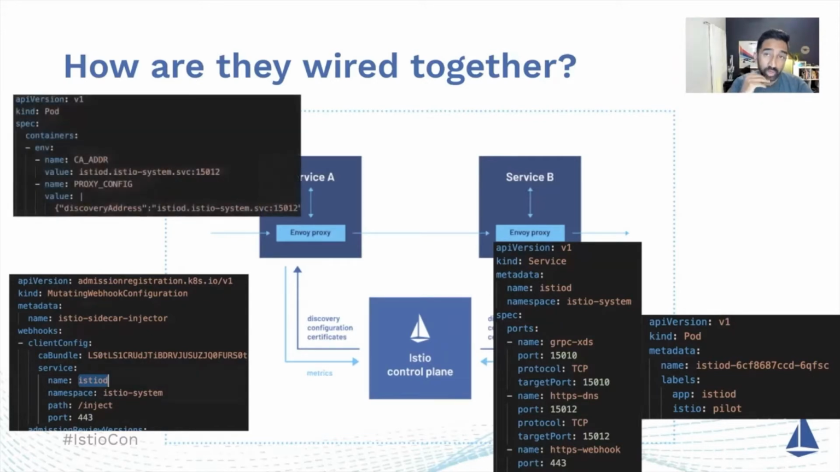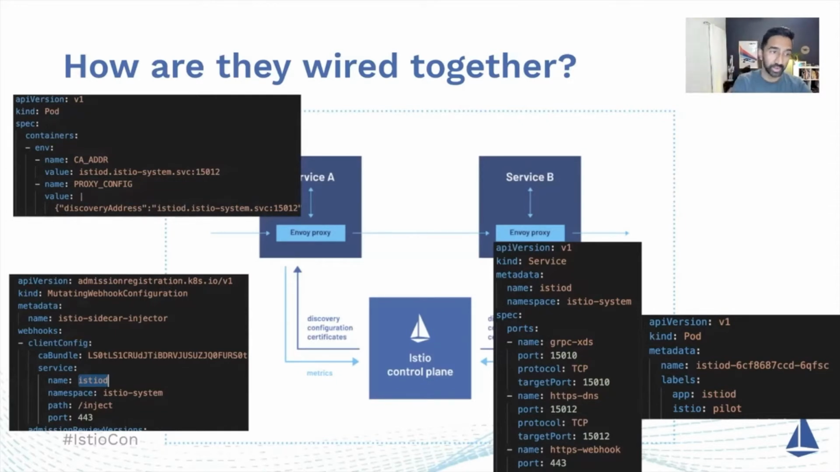And then once the mutating webhook injects the sidecar, how does the sidecar know the address of the control plane? That is a couple of variables here. You can see the CA address, that's more for certificates. So that's how it gets its certs. And then proxy config is the XDS address. So this is where the sidecar knows to talk to the control plane to get its config for the clusters,